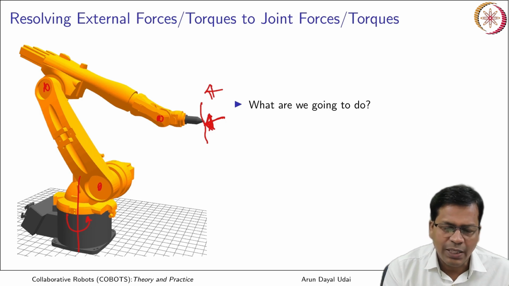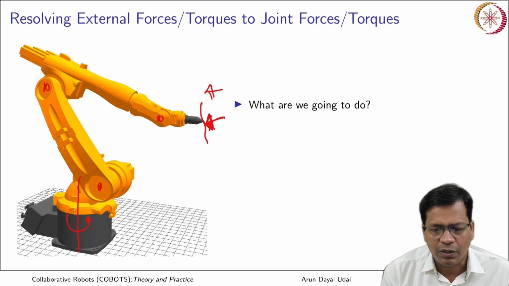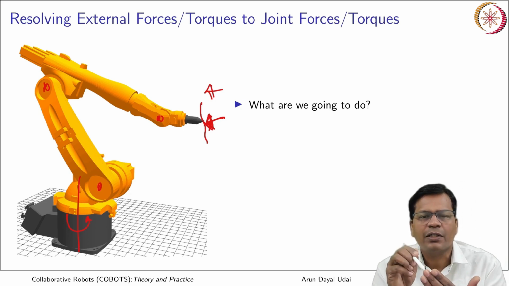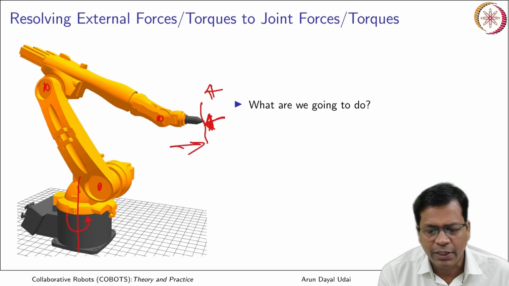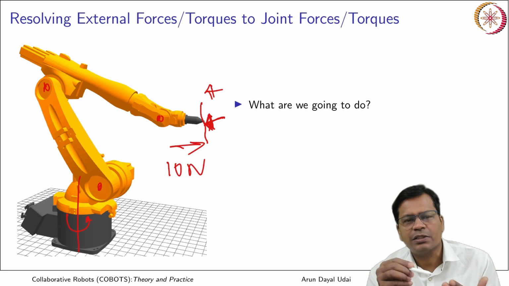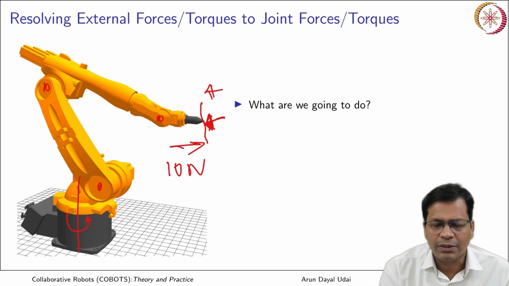So how much is the additional torque, apart from the gravity compensation torque, that I have to apply at the joint so as to maintain that contact? Or maybe you want to maintain a constant reaction force of some value against this wall or maybe any object. So this is what my intention is here.